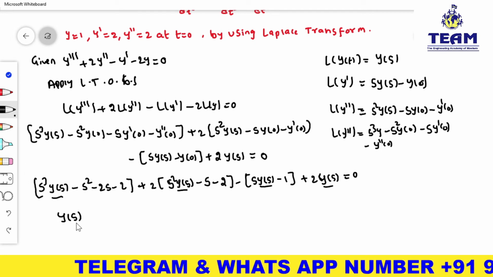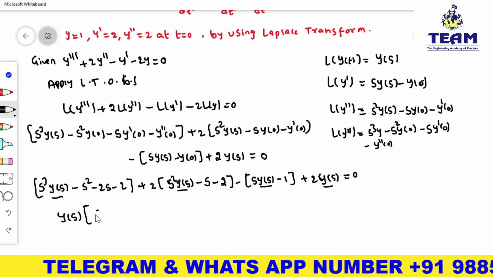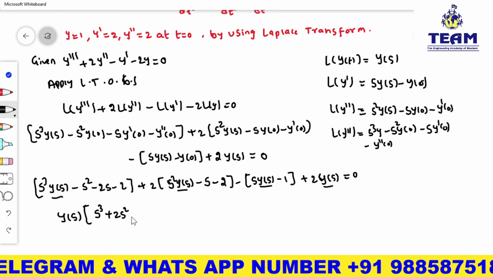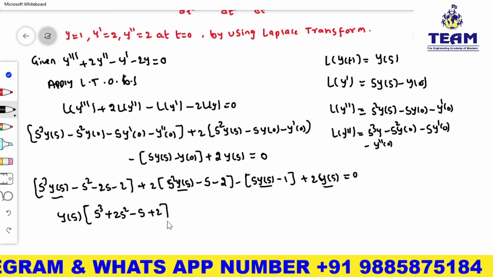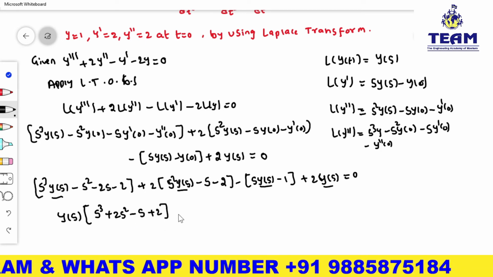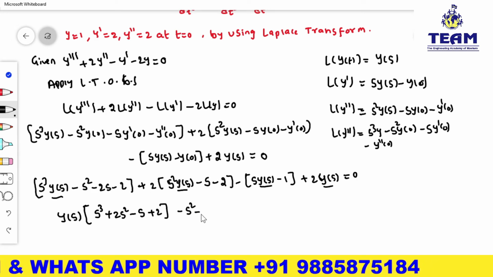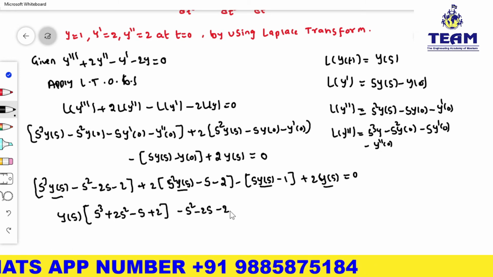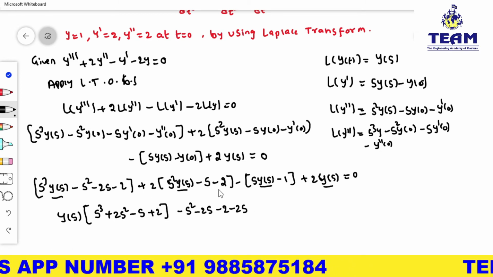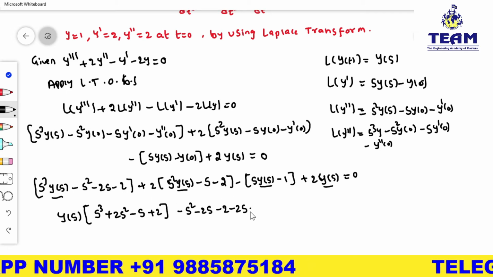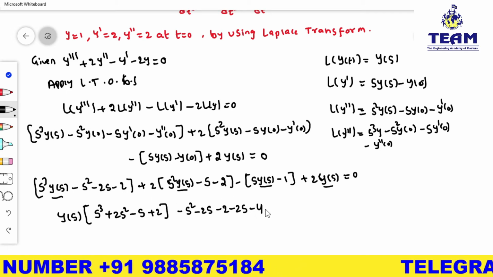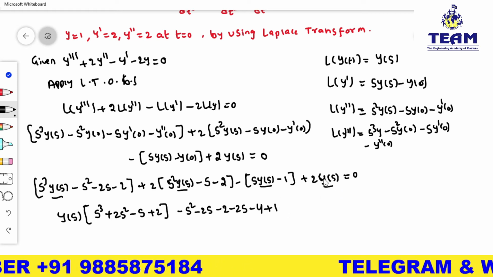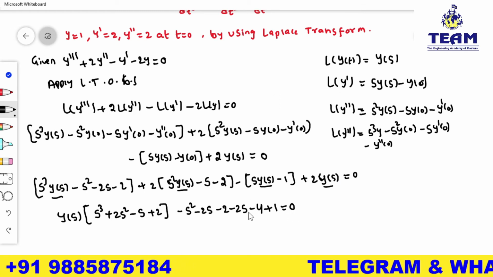Then if you have taken y of s as common, then you will have s cube plus 2 into s square minus s plus 2. Okay. Next, what about the remaining terms? Remaining terms here you have a minus s square minus 2s minus 2. Here plus into minus, minus 2 into s is 2s, minus into plus. Here minus, here you have plus. So you have a minus, 2 times of 2 is a 4. Here minus into minus plus 1. Here you have already y of s common. So which is equal to 0.